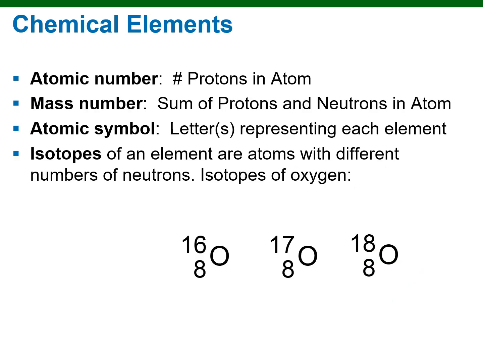There are hundreds of different atoms that are found on Earth and in the universe, and they make up the various chemical elements that are organized on the so-called periodic table of elements. And each element is organized by what's called atomic number. And the atomic number is what gives the element its identity, as in how many protons that atom has. For instance, element number 1 is hydrogen, which has 1 proton. If you were to add a second proton, it would no longer be hydrogen, it would become something called helium,